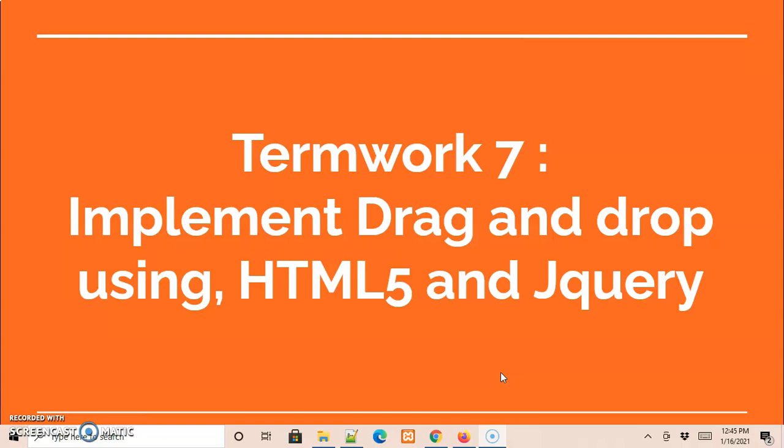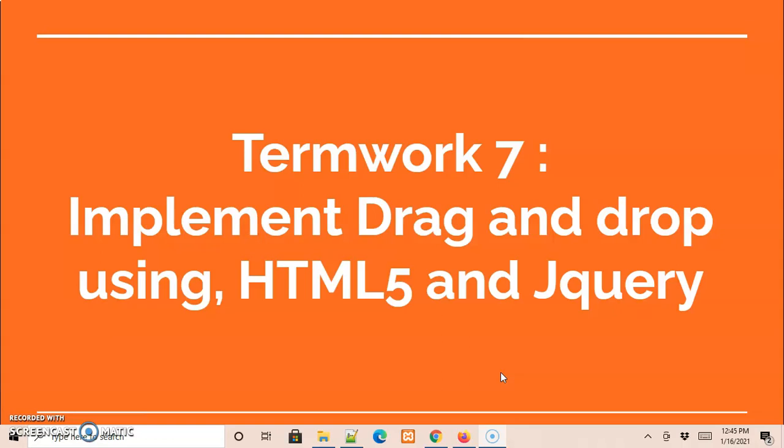In this session, we are going to see term work number 7, where we are implementing the drag and drop feature using HTML5 and jQuery. So in this case, we are trying to drag an HTML element from a particular position and drop it at a particular position.